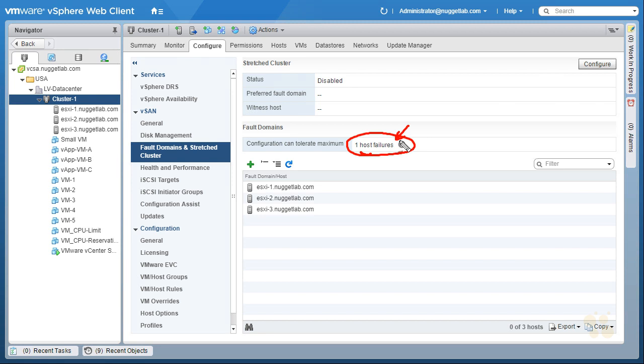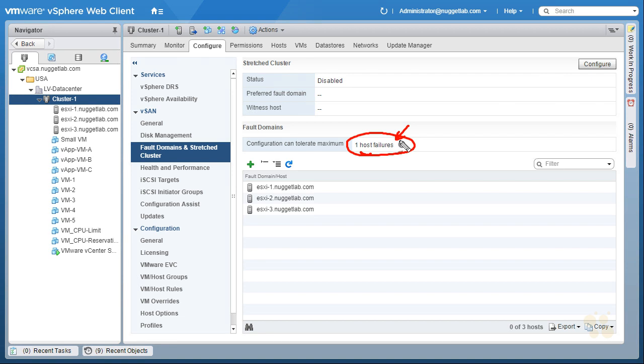And also, with only 3 hosts, we don't really need to create separate fault domains and put each of our ESXi hosts in them because we're going to have the same result. However, when we have dozens of hosts all contributing to vSAN, that's the time we'd want to make sure that we create fault domains based on rack or the chassis, and then add the ESXi hosts in that rack or in that chassis